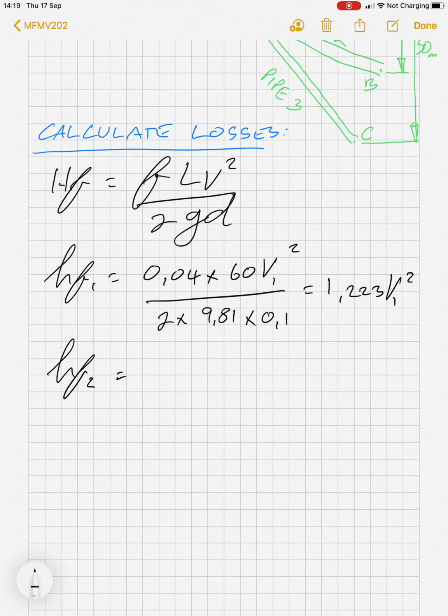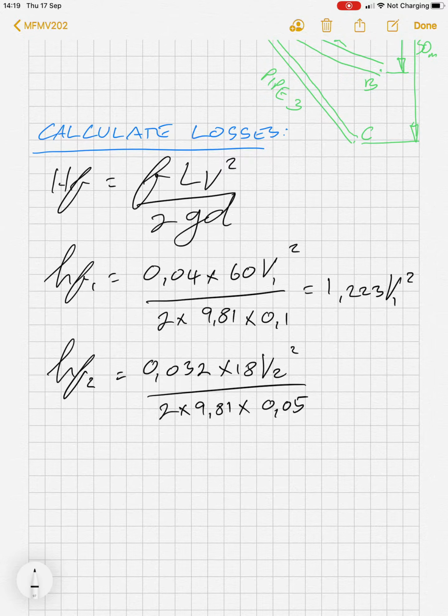Head loss due to friction in pipe 2 is 0.032 times 18 meters times V2 squared, divided by 2 times 9.81 times the diameter 0.05, which gives us 0.587